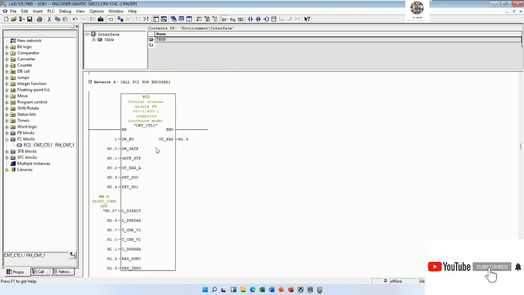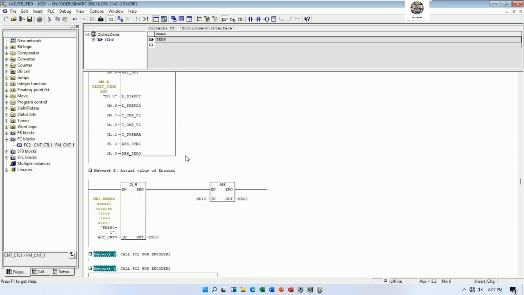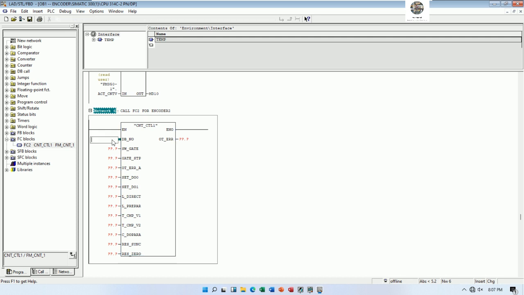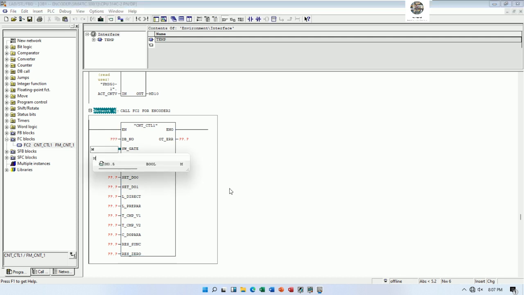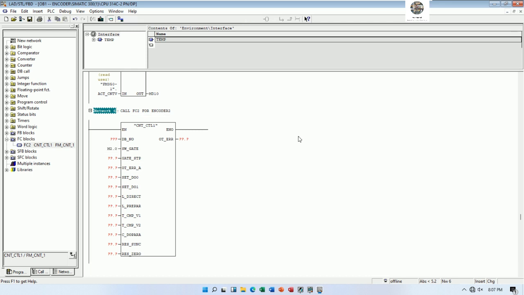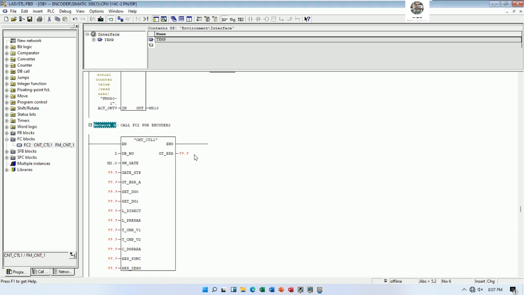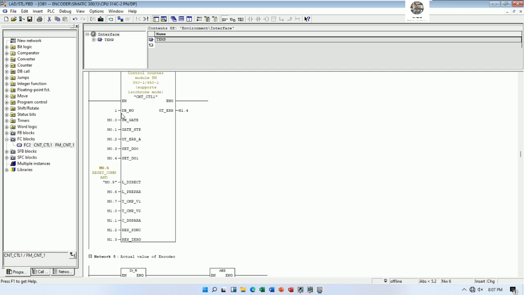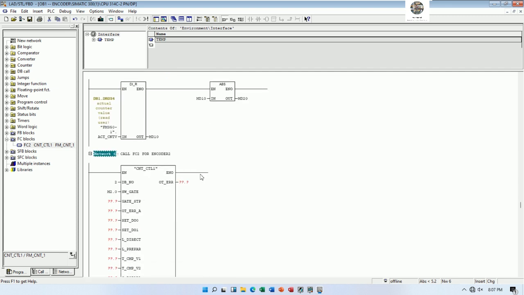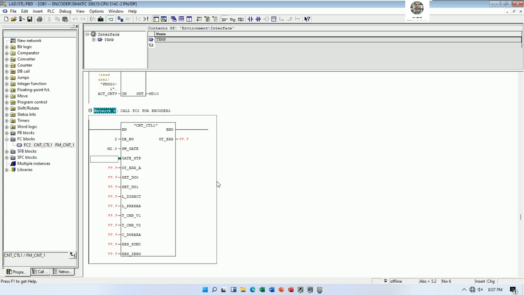And for this one we use until M1.4, right? So I will jump to M2.0, yes. And for this one is the DB number, yeah. So we use DB2, right, for counter number 2. And for this one, for counter number 1, we already learned in the previous video. So this one I will type